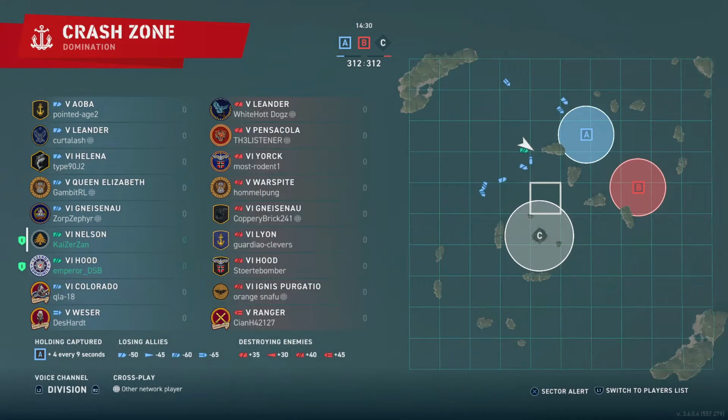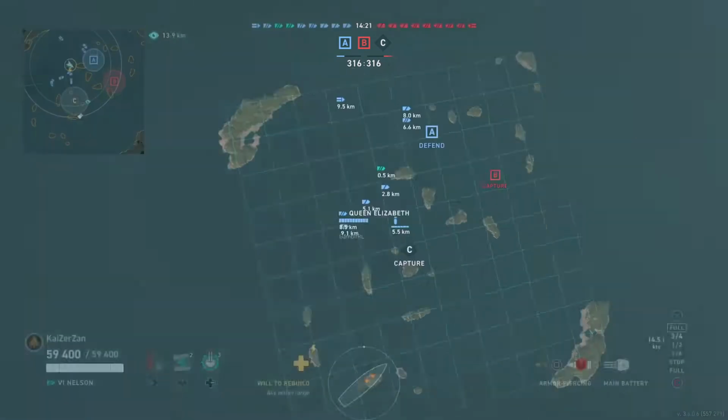No destroyers and a tier 5 aircraft carrier per team. Enemy's got a Ranger, we've got a Vessel, and a lot of battleships and a few cruisers. Alright, so